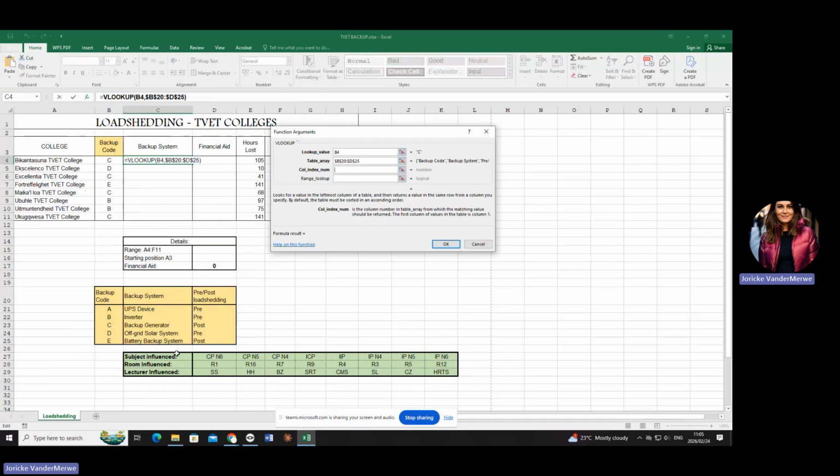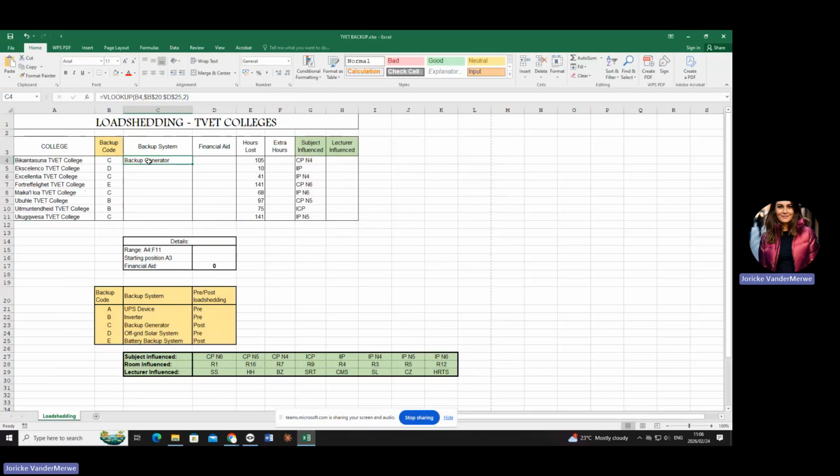You will see that shortly. How many columns do I have in this yellow table? 1, 2, 3. Okay. Where is my answer? My answer. Is it in column 1, 2, or 3? What answer do I want to be displayed here? Backup system. So thank you, sir. It is in column 2. Can you see that? So I'm going to press OK and look at what's going to be displayed here.